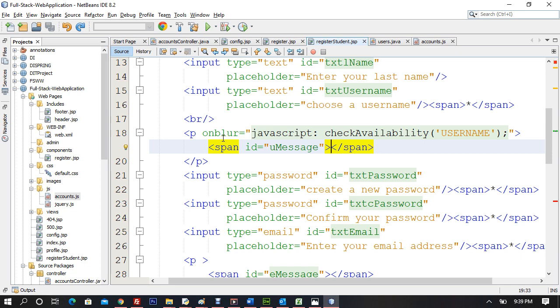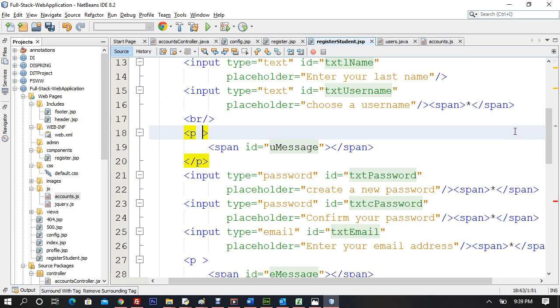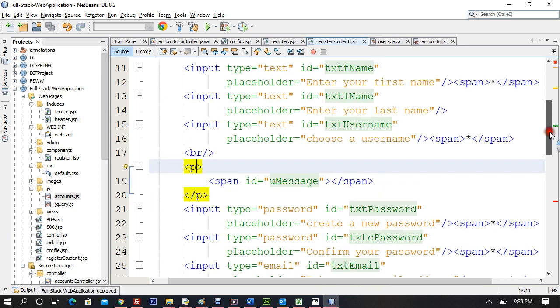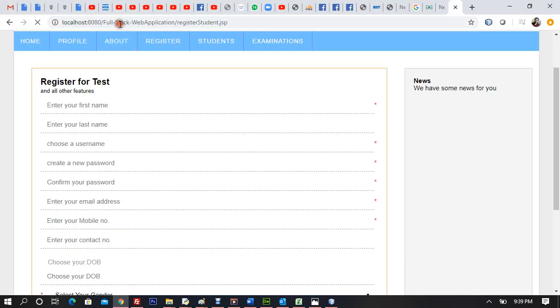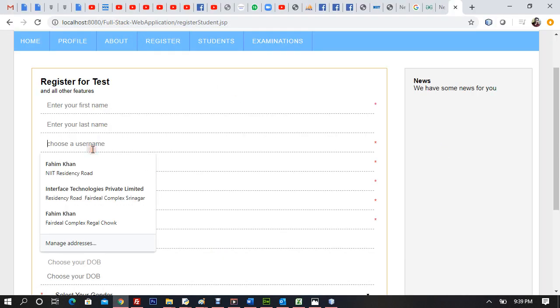Okay, on blur, whenever you blur out, so blur is not going to work here, maybe. Okay, blur is not going to work with P, it's going to work only with text area. Okay, I'll go to this right here, txt username, and I will type this on blur here. I will say, hey, txt username, whenever you're blurred, right, whenever the focus is out of you, check availability for the username. And I'll hit Bismillah and see it works, right? Alright, so